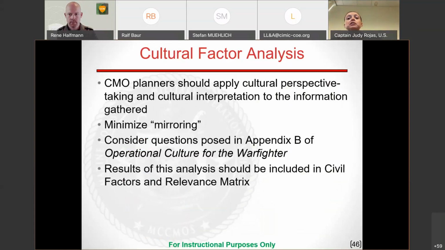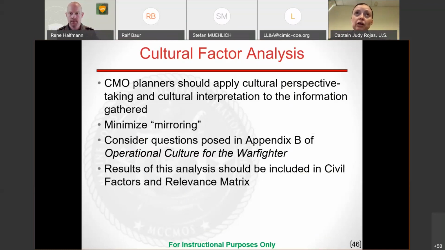So CMO planners should apply cultural perspective. They need to take cultural perspective taking and cultural interpretation to the information gathered. Once again, you do this because you've got to try and look at it from a different perspective. And we don't realize sometimes when we're looking at another culture, we're comparing it to our own or